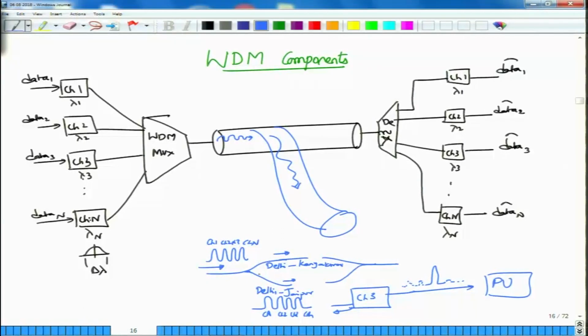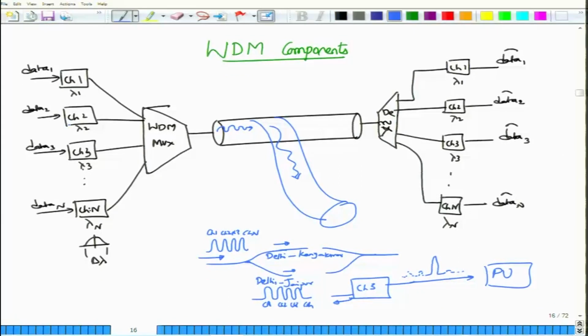This requires, of course, devices which will be able to copy the signal onto the other branch. When they copy, there may be some delay or some phase shift, but it is still possible to make devices which copy the information in more or less the same fashion. These devices are called Y branch devices. One which splits the signal into two is called a splitter, and the other which combines is called a combiner. Together they are sometimes called couplers.